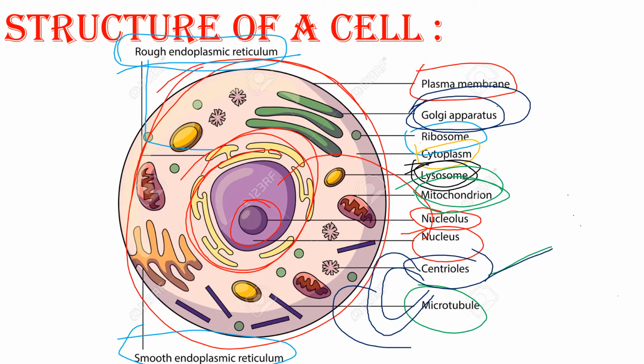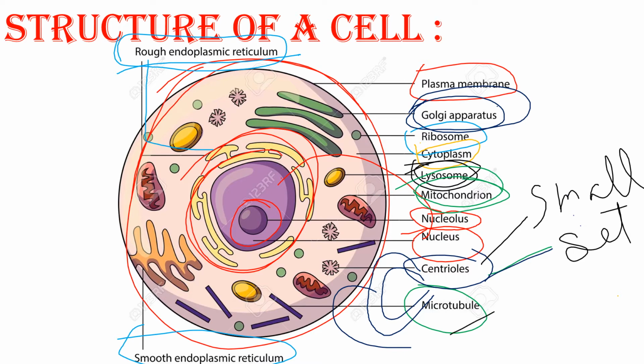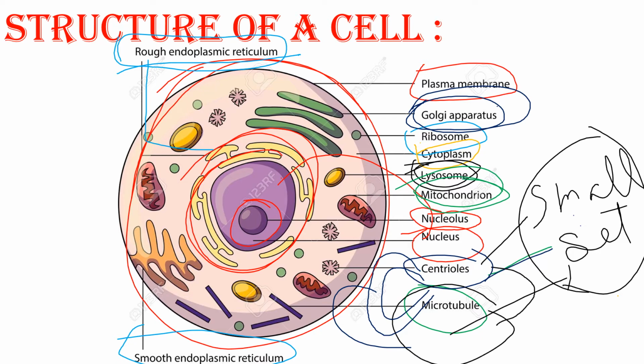It's simple. A centriole is a small set of microtubules. A small set of microtubules is called a centriole. So I think you might have understood the relation. And also these centrioles move towards the opposite ends of the nucleus when it is time for cell division. Are you ready for the division? So let's move on to the next part of our video,